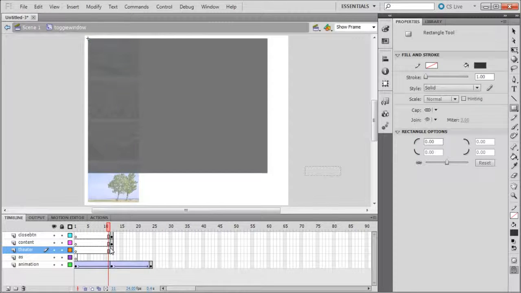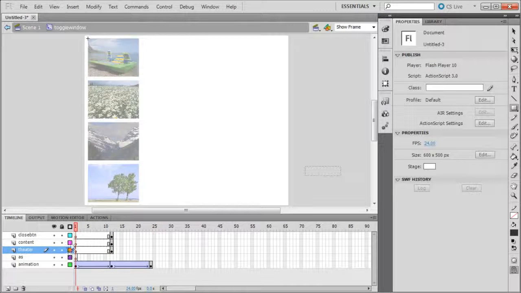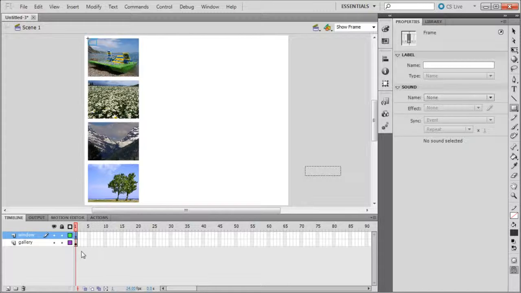So now we have pretty much all of that set up except for the actions, but we're going to be running the action script for the first part of the scene before we do that. So I'm just going to go back to scene 1. You can navigate through your Flash document by using these little arrows up here, or these little links. So right now we're within the toggle window movie clip. If we go back to scene 1 by clicking on that, you can see